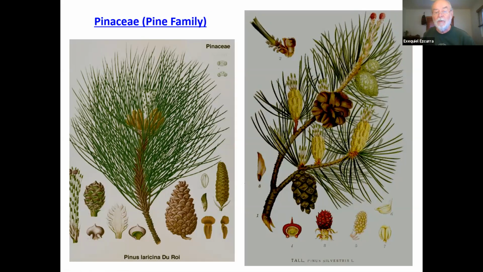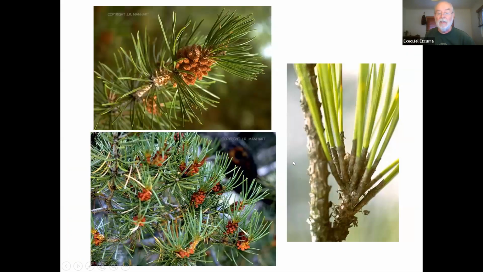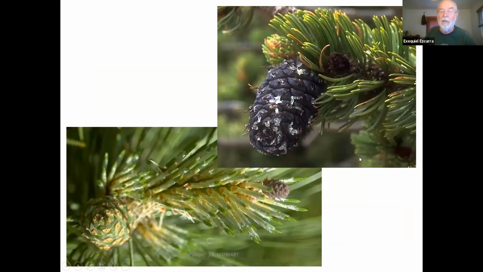Here you have some illustrations of the typical pines. You can see the clusters of male cones here, also a cluster of male cones here, and the female cones forming up here and already ripe and open to release the seed. You can see some male cones here, and the leaves always in whorls. The leaves are brachyblasts, are lateral rosettes. They have some bracts, and then they have a fascicle, a whorl of leaves coming from